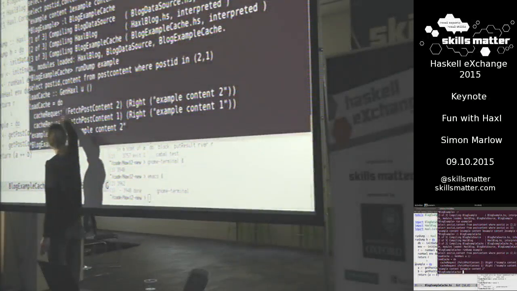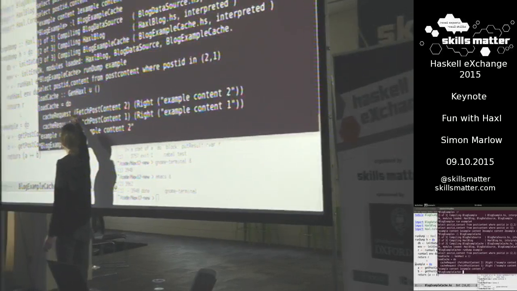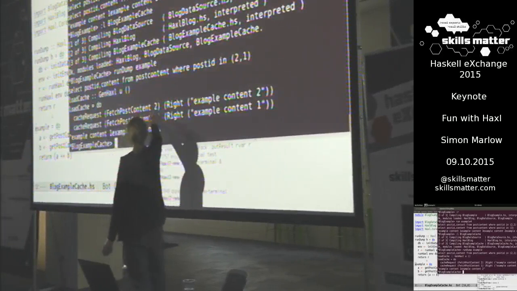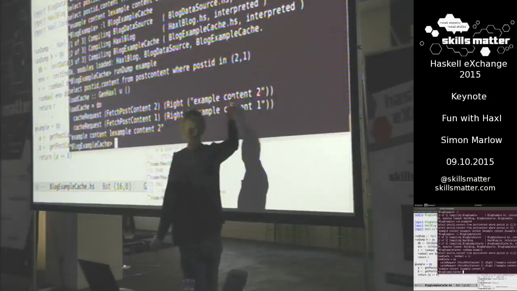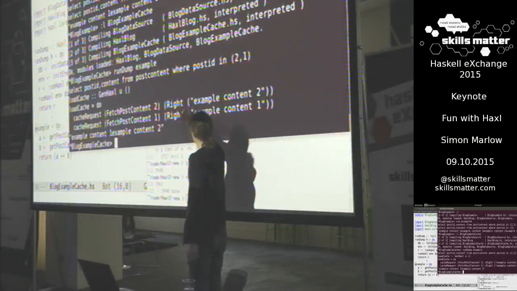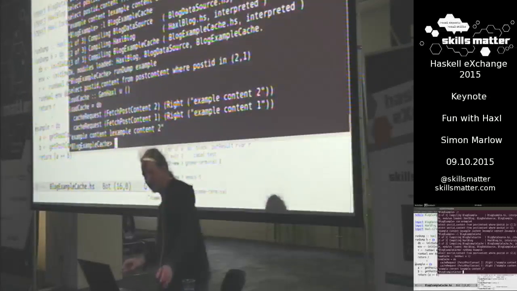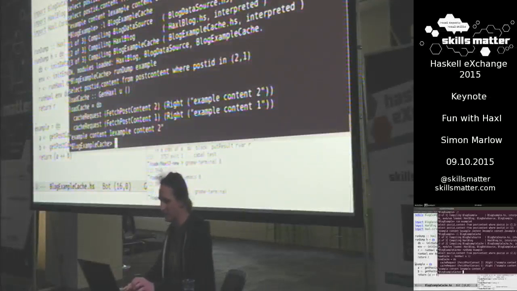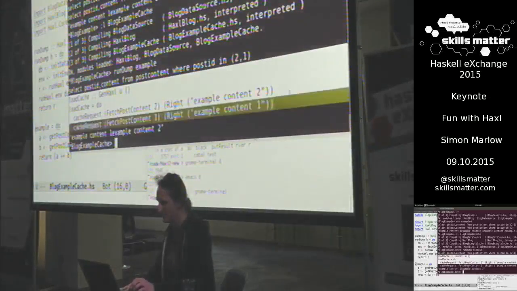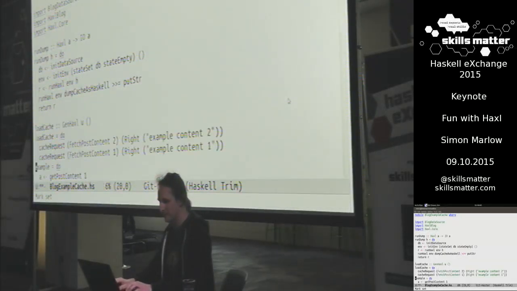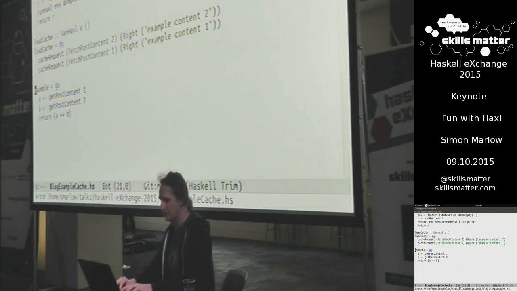It's this load cache function, just a bit of Haskell syntax, and it contains a sequence of statements for each fetch that was made. And each statement is a call to something called cache request, passing the request that was issued and the result, where the result is either an exception or the result. So because this is a bit of Haskell, we can just cut and paste it. So let's copy that, paste it into our code,